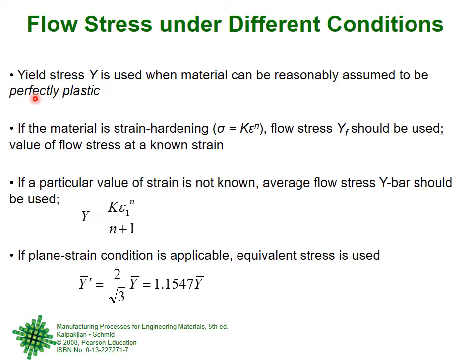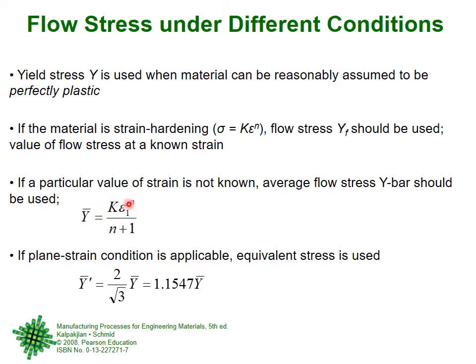If the material is perfectly plastic, use only the yield stress and call it Y. If the material is strain hardening, then at any given value of strain, find the stress, call it YF, the flow stress, and use it. If a particular value of strain is not known, then the average flow stress Y bar should be used. And for Y bar, you had the equation earlier, K epsilon 1 to the N upon N plus 1, where N and K